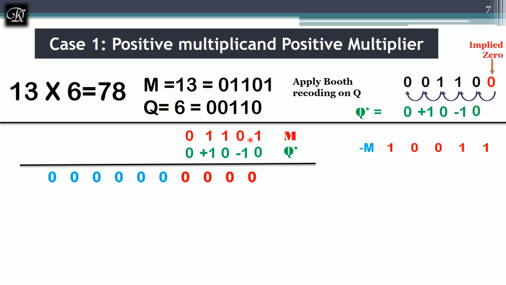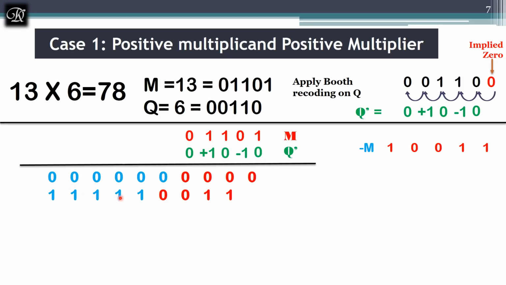If I apply a 2's complement on this, I have discussed in the first video how to find the 2's complement in a shortcut way. Keep the bits as they are until you get the first bit as 1, and the remaining bits will have a 1's complement, that is 1, 0, 0, 1. Now this is the negative m. So the answer is negative m, that is what I am writing over here, and this is the sign bit.